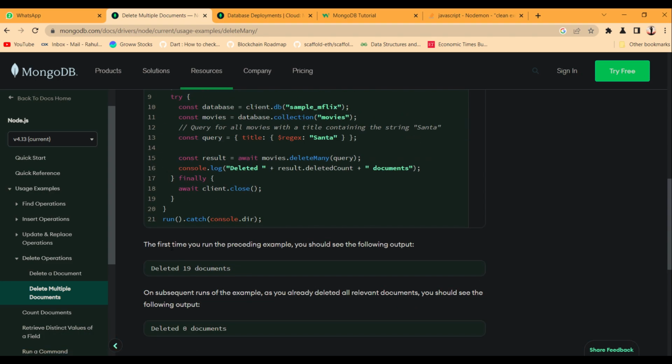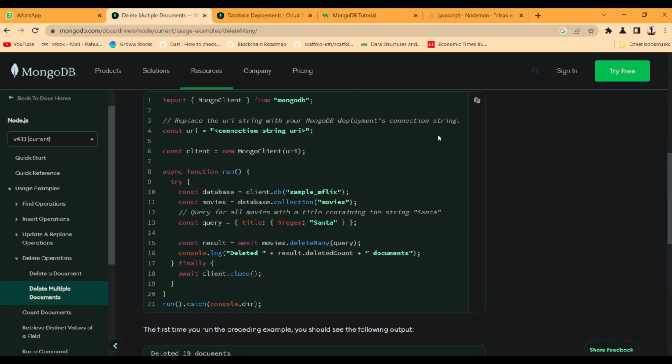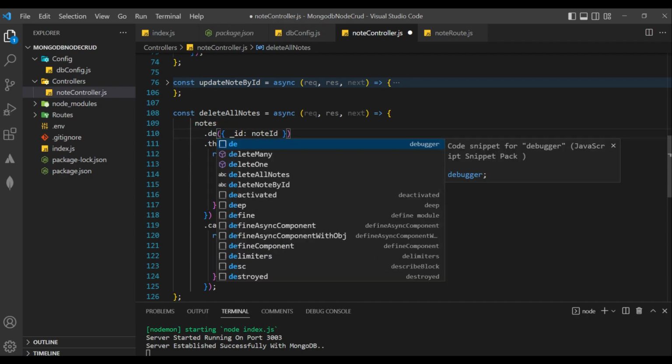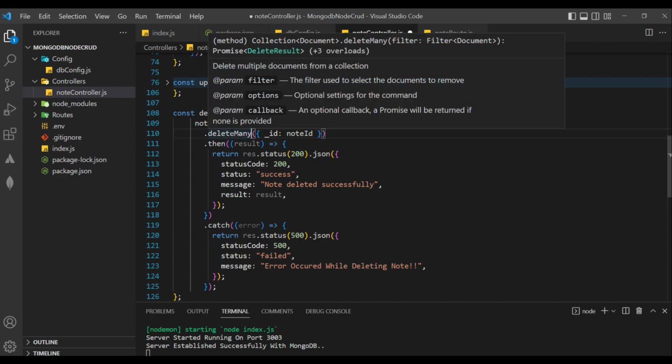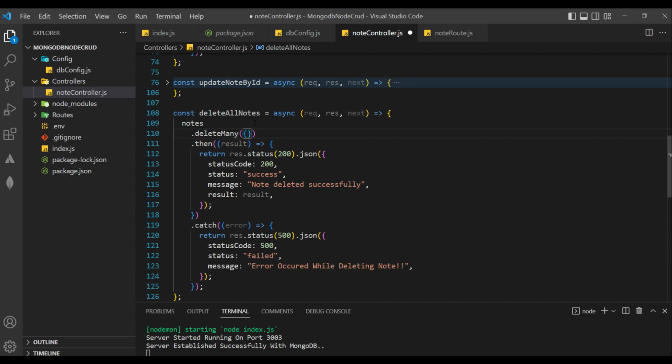Wait, delete many. Okay, got it. Query. Delete many, got it. So it must have some method. I will show you. Delete many, what it is saying, to remove. Okay, so if you will remove this ID, then it will delete entire